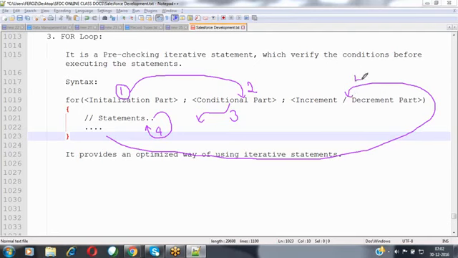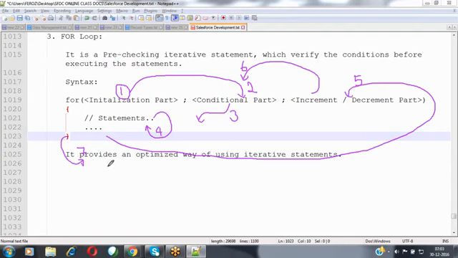This is the fifth step. Once the value has been incremented or decremented, then again it will verify the condition. This is the sixth step. Once the condition has been satisfied, it will enter into the block here. Like that, this process will keep on iterating till the condition fails. Once the condition has failed, it will come out of the block. This is nothing but the seventh step.